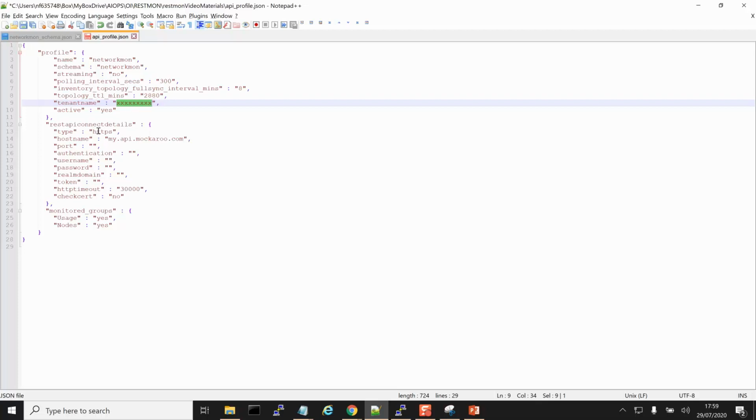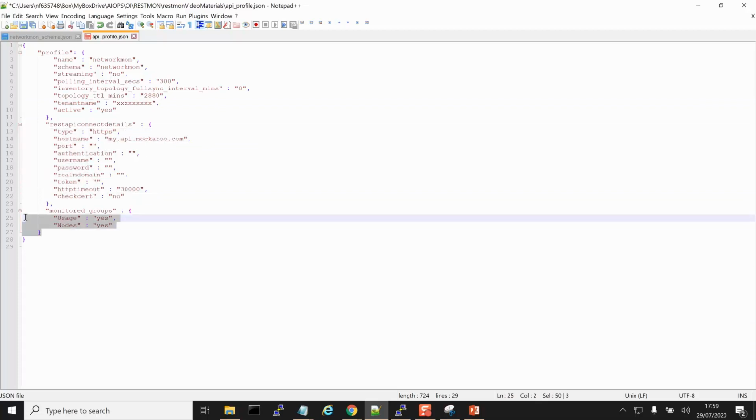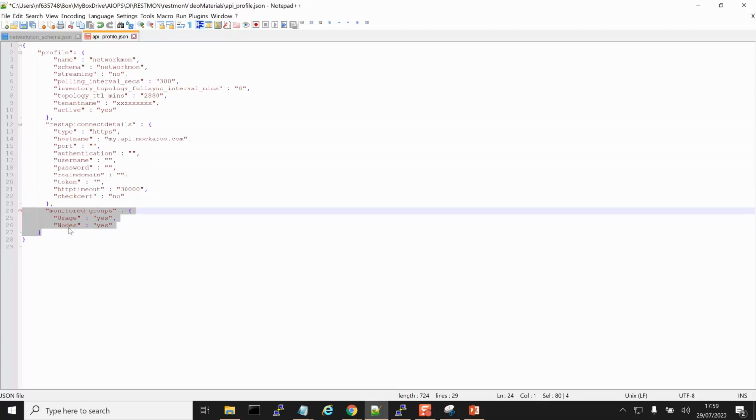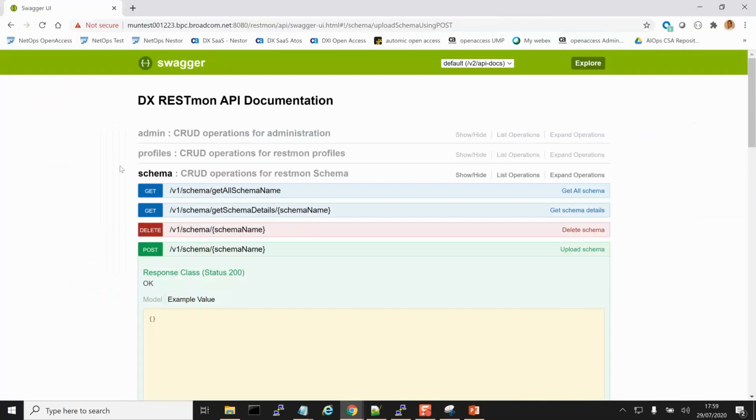And then we specify the REST API connect details. This would be the target from where we're reading the data, and it just contains the base URL. And here I can enable or disable which monitor groups I want to enable in DX RESTMon. So now I'm going to proceed to take the schema and go into the DX RESTMon landing page,